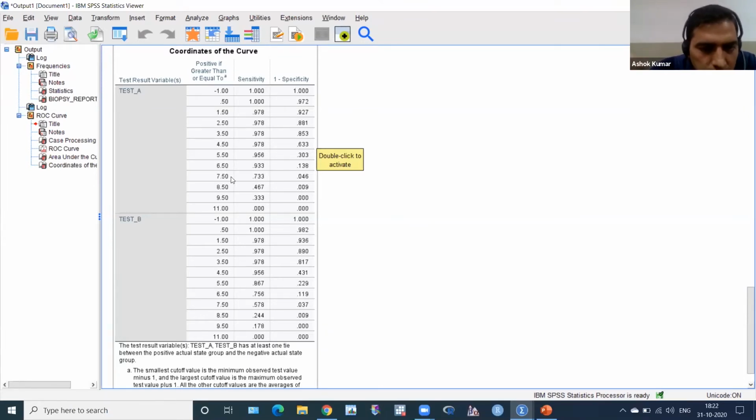Then I have to think about maybe 7.5. Then this is a 73%, 0.7, and this is around 9.6, something like that, 0.96 to 0.9 and 0.7. It comes around 1.6. Okay, then 6.5 value is very high, because this is 1.8, this is 1.6, this is again 1.6, this is 1.3, and then the 8.5, the specificity is very low. We don't want a specificity very low. Okay, so 6.5 is a cutoff point for this.